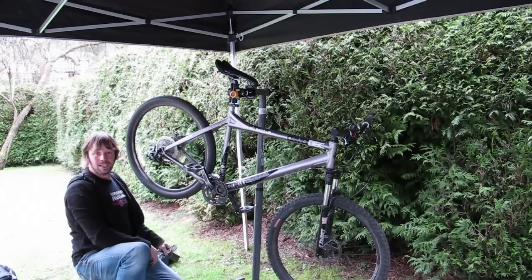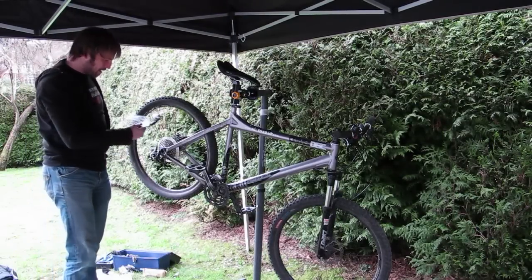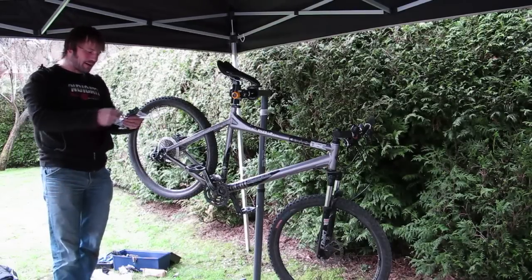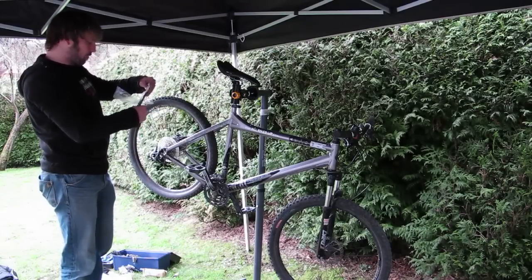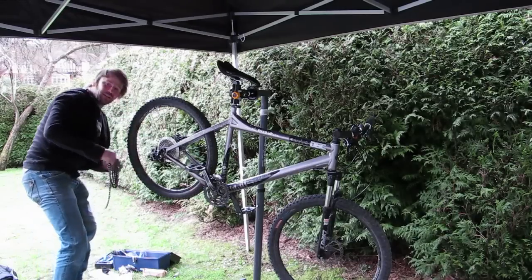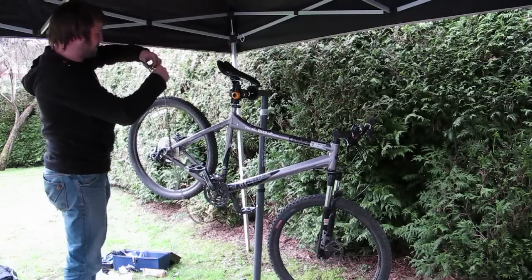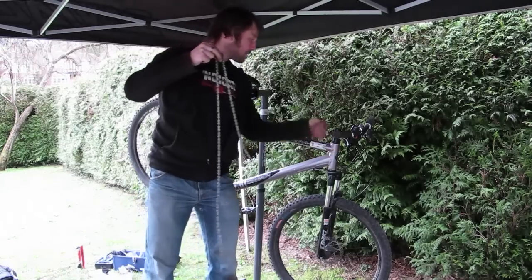And then it's time to put my new chain on. So I've got my new chain, I just need to fit it. Now invariably a chain is going to be too long for the purposes, so we're going to have to take a few links out. A nice easy way of doing that, rather than threading it all through the derailleur and unpicking it when you realise it's too long or you've taken out too much, is to simply wrap the chain around the big ring at the front and the big ring at the back,